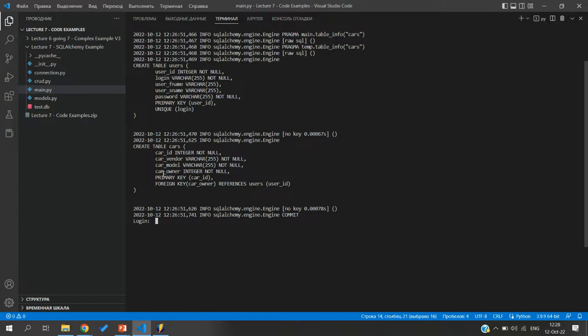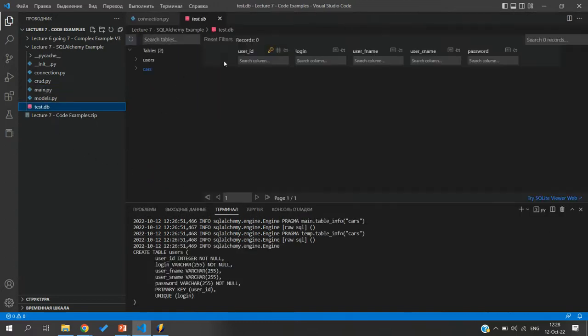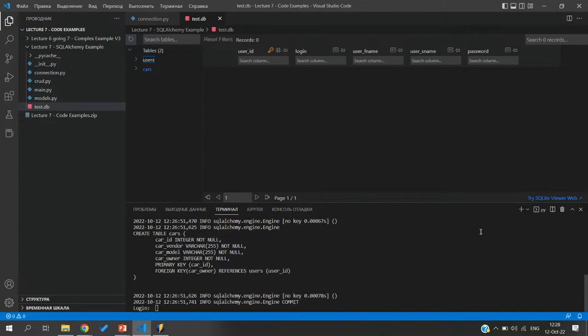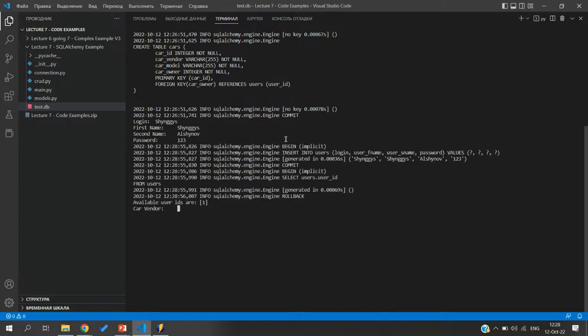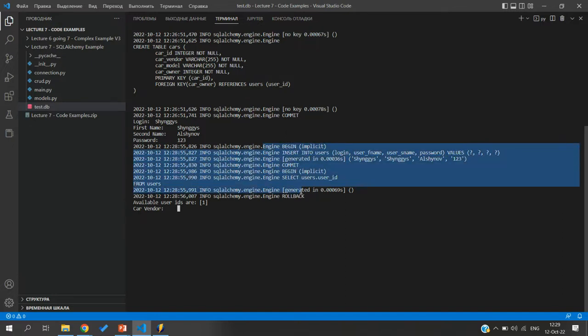So let's try to create some user. Right now we have two tables, users and cars, and these two tables are empty. Okay, and if I try to provide login here, for example, my name, my surname, and password, let's say 123. So yeah, you can see that we have created